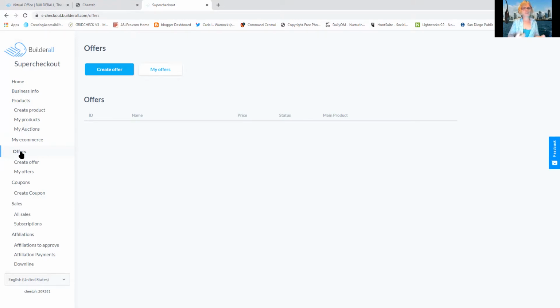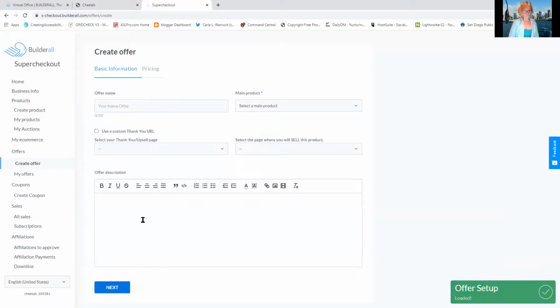It allows them to just stay engaged with you. And even if they don't shop, it lets them know that you're thinking about them, okay? You can create the offers here, okay? So these are the offers that I don't have, but if I wanted to create an offer, I would do it in this